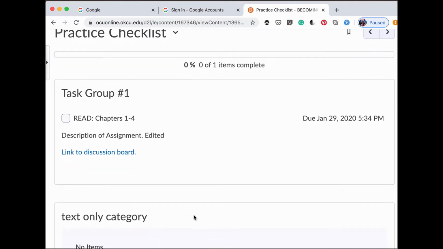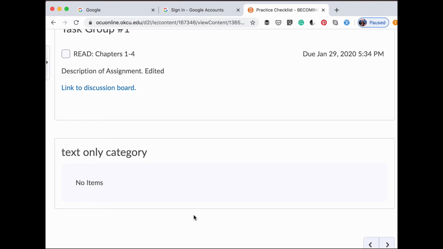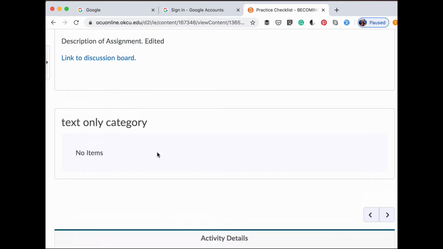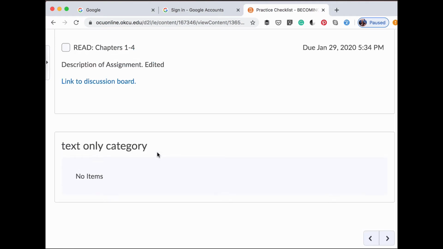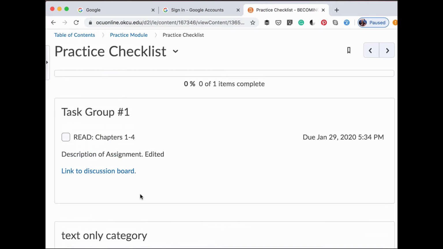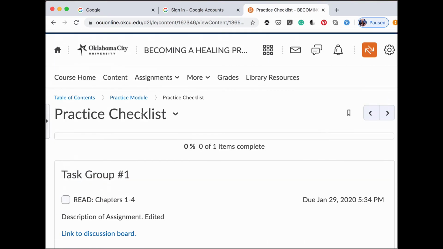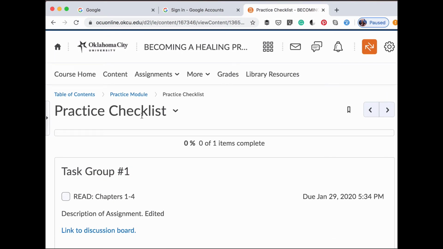I want to point out one thing. If you use the hack of putting a description in for a category, notice my category descriptions don't show up here in content. So if you are using the checklist tool as a way to share content, this may not be the best way for you to share it, or a good primary way, because students won't see that content there. So just a caveat, one of those quirks that we have to deal with. Notice that there's no description that shows up if you're primarily adding things to content, but it is the easiest